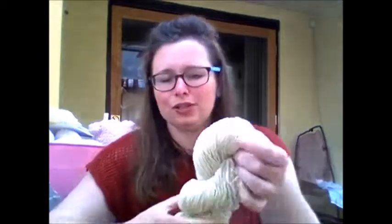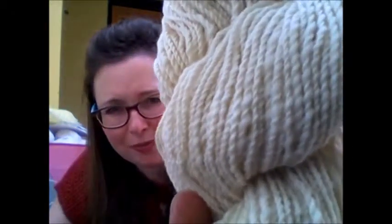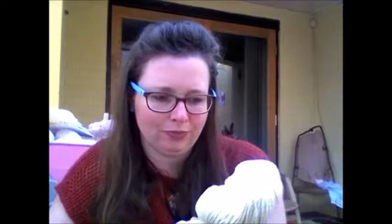What's this one? Ah, Ile de France. This is one of my most recent spins. It's again a very creamy, very dark creamy colour. I didn't enjoy this, and I don't know why, because it drafted relatively straightforward. I have got a few lumps and bumps and thick and thin bits in it, but